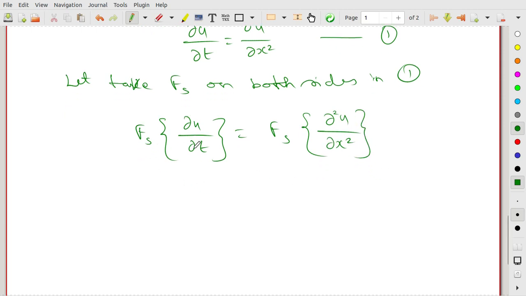What is the Fourier sine transform? This is our f of x. Therefore the Fourier sine transform is root 2 by pi integral 0 to infinity dou u by dou t sine sx dx equals,